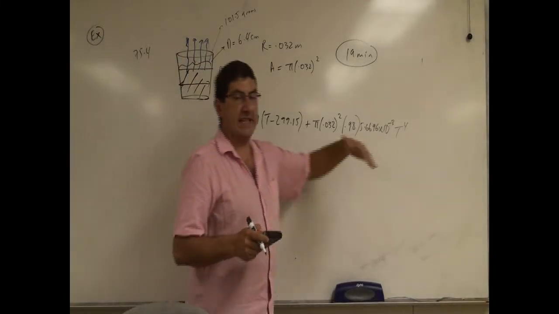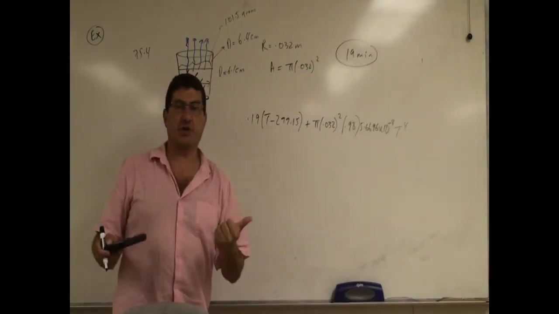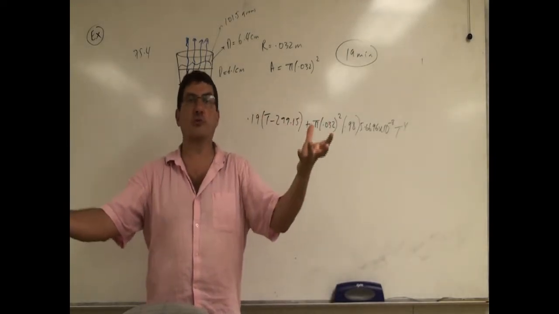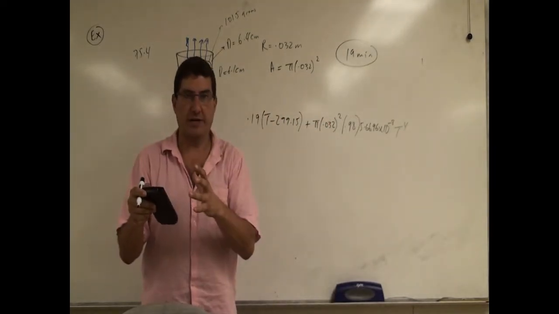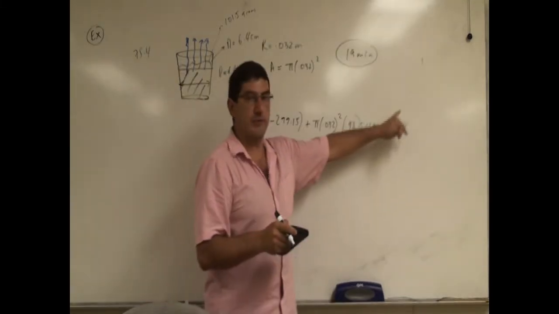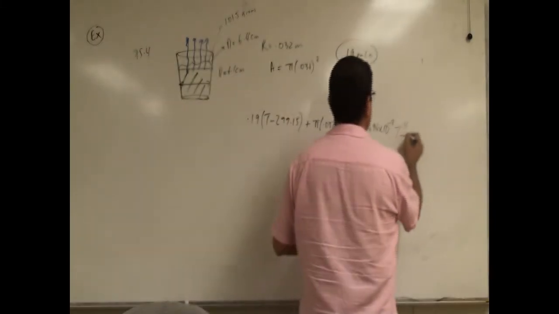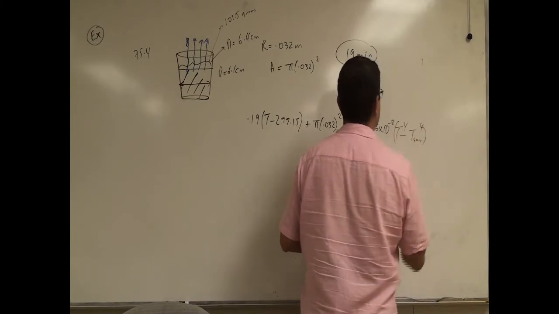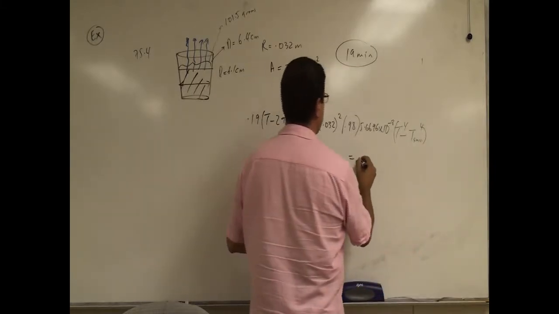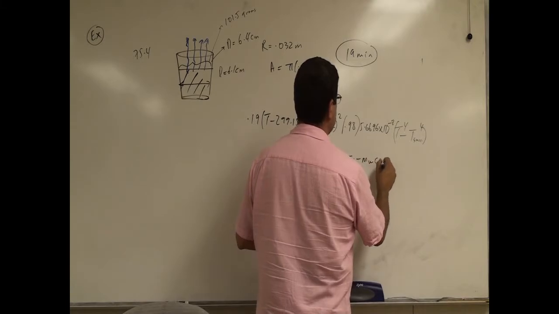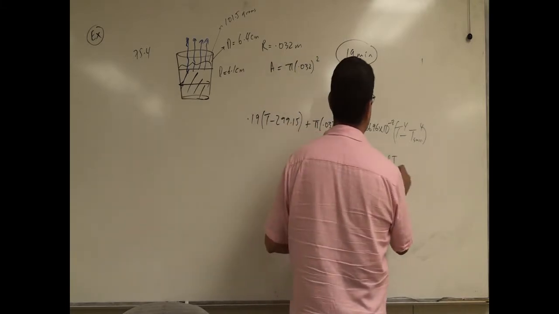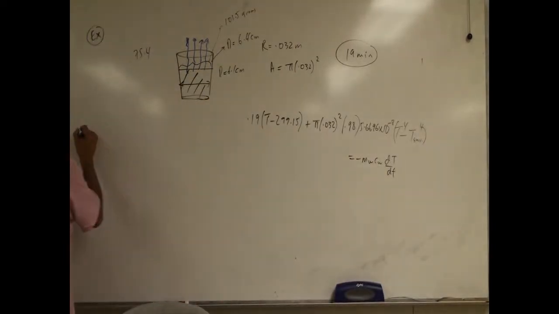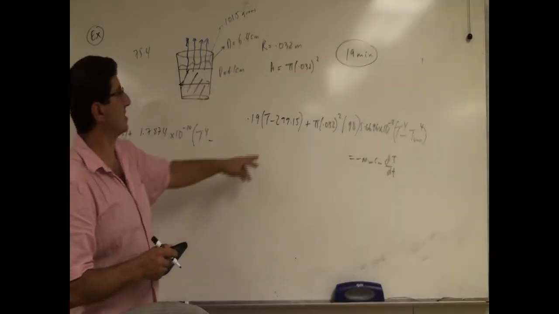But on top of the fact that it's radiating based on its temperature, it's also absorbing heat from its surroundings, right? So you have to do T to the 4th minus T of the surrounding temperature to the power of 4. Okay, then I'm going to set that equal to minus mass of water, specific heat of water, dT over dt, right? So then I'm going to have here 0.19, so then 26 is going to be